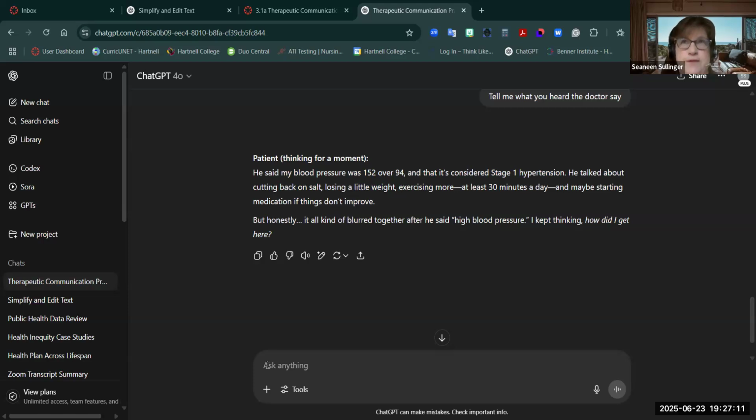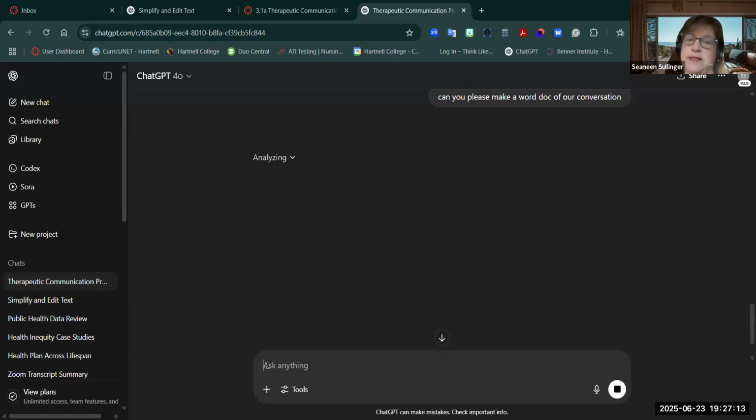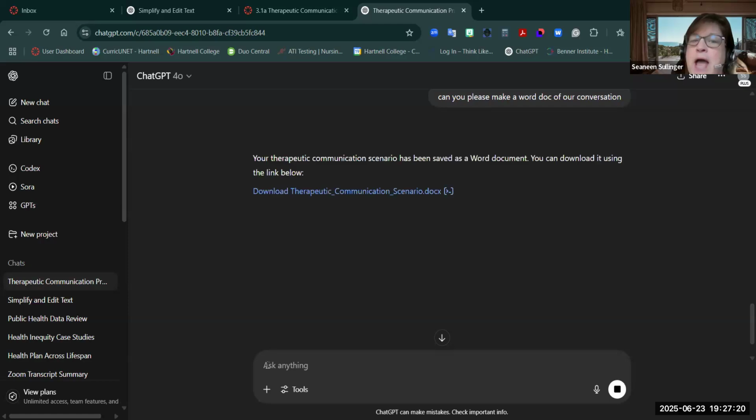I think on the free version, it will make you a Word doc. If it doesn't, then yes, you can just copy and paste it into a Word doc. I can't remember if this is on the free one or not, but it will actually make you a document. And like I said, if it doesn't, you can cut and paste into a Word doc.